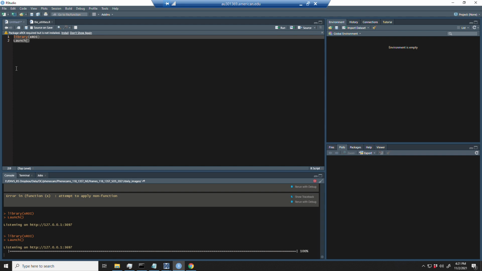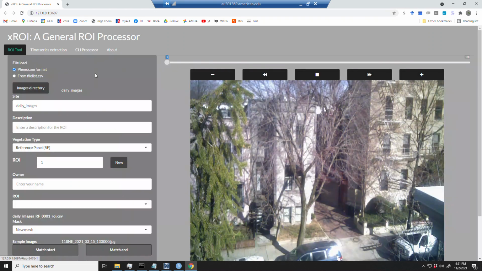in the ROI processing protocol, and so you're going to launch XROI, and it will bring up this, and you will have to go into the images directory and find your daily images folder for the Phenocam in question. And the first thing you're going to do is you want to isolate, confirm any field of view shifts with the CLI processor. So you hit generate CLI, and it's going to take a minute,